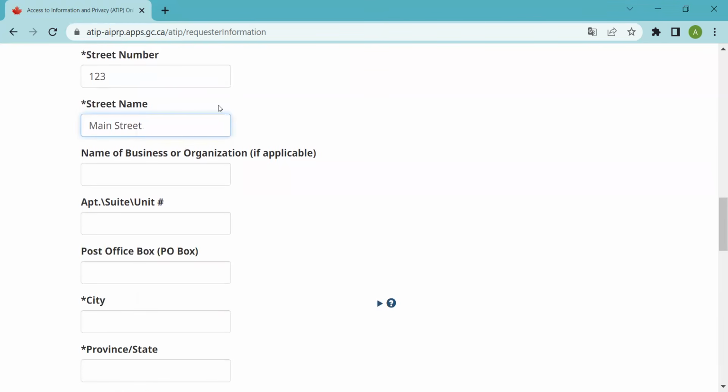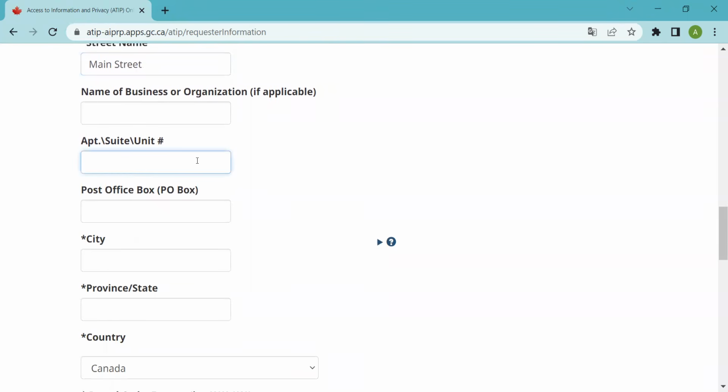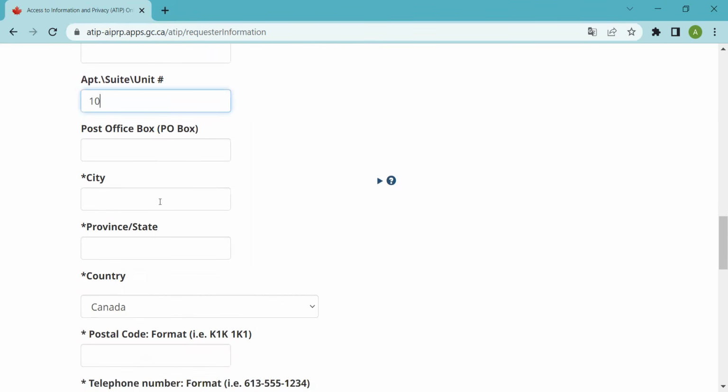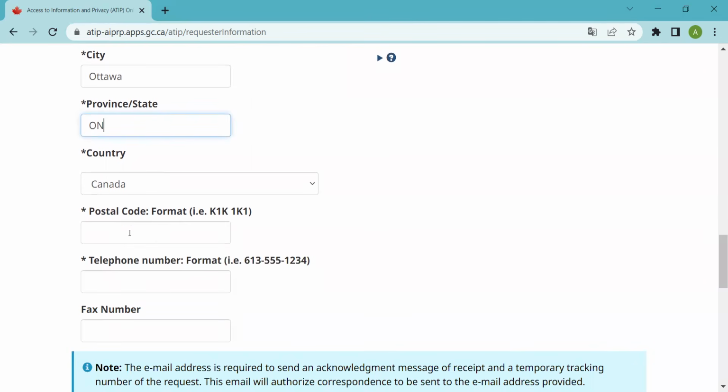If this is done by a business, this is where the business name will go. But in this case, you are an individual. Then we enter the city, province, country, postal code.